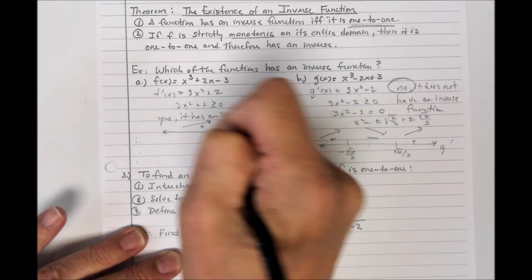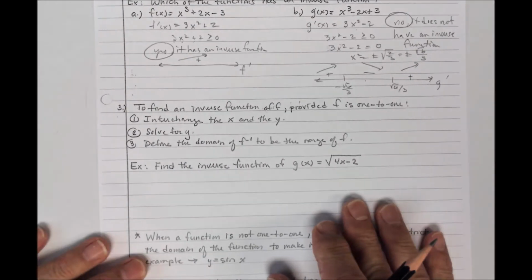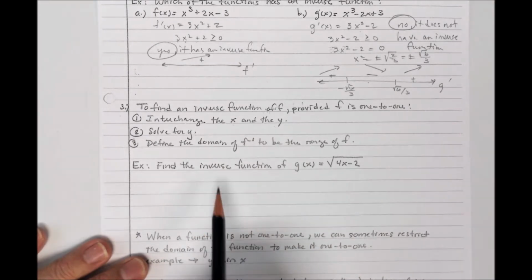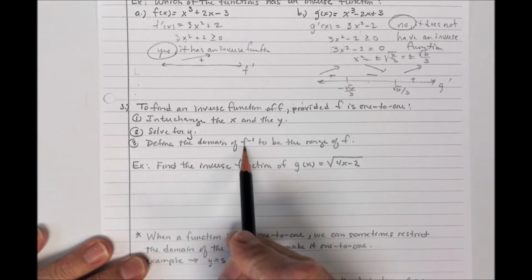So don't just show the work, make sure that you answer it as well. All right, now, to actually find an inverse function of a function f, provided it's one-to-one, I always have followed these same rules that I show in algebra and I show in pre-calculus. Interchange the x and the y, solve for y. And then, of course, you're going to have to define the domain of whatever your inverse function is to be